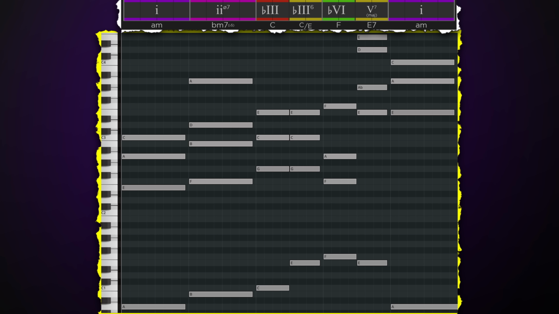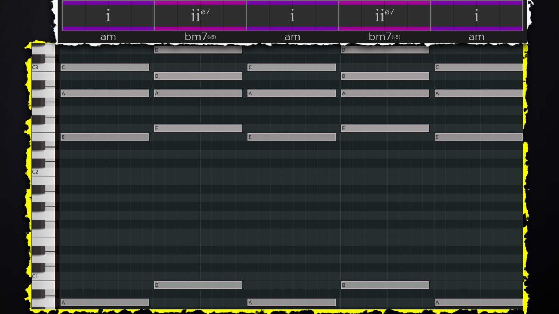In minor keys, the 2 minor 7 flat 5 will often lead up to the flat 3 chord. Here's an example in the key of A minor. You'll also hear it leading back down to the 1 tonic chord. For example,